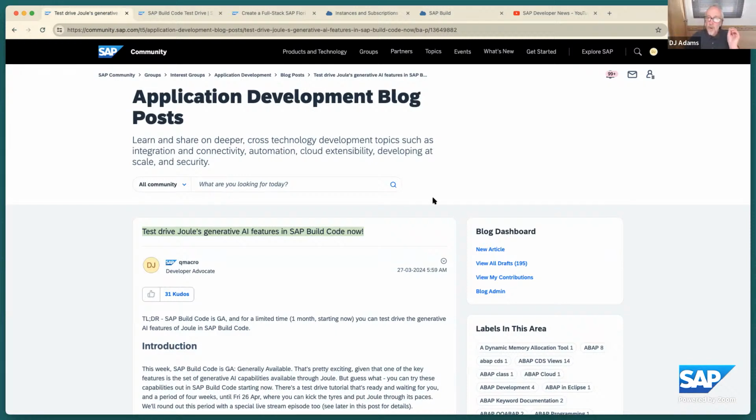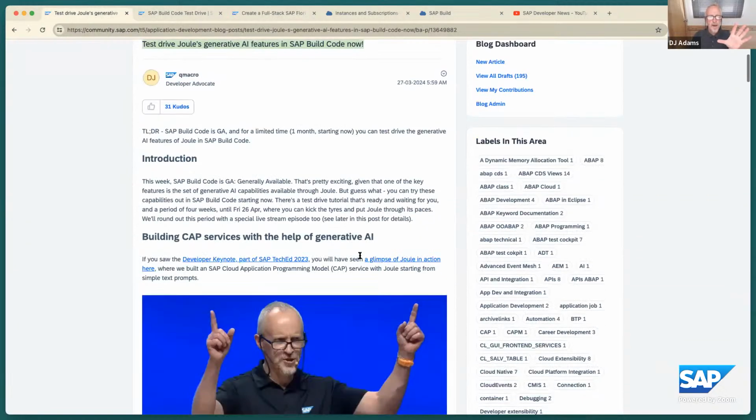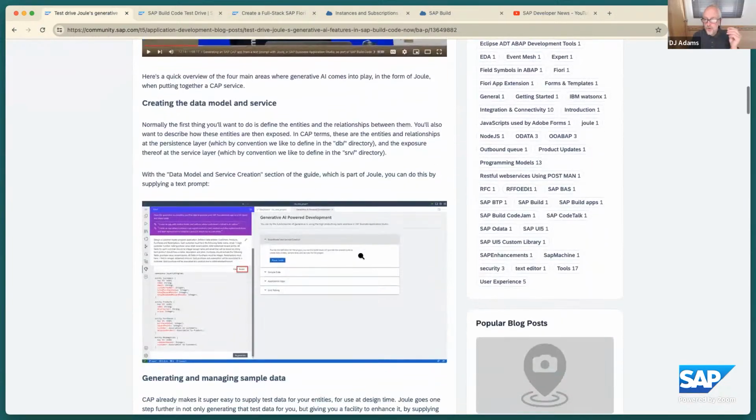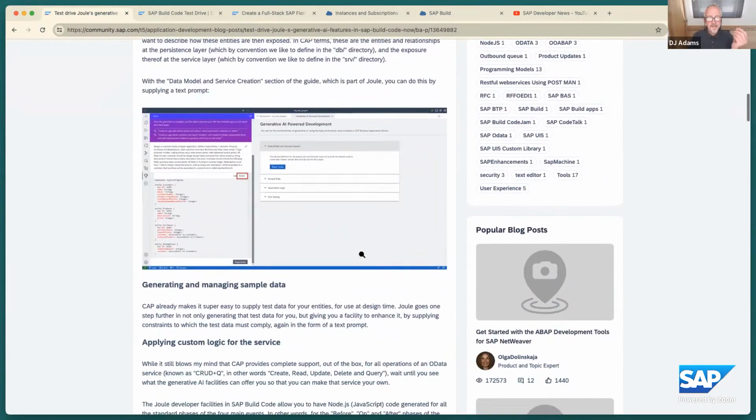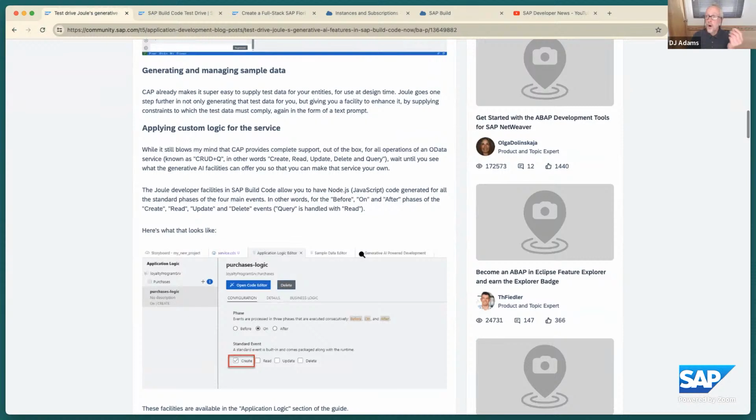Okay, so what is SAP Build Code? SAP Build Code is essentially based upon SAP Business Application Studio with a ton of features for developers, including these generative AI features. Build Code went GA about a month ago now. During this month, we've had this test drive to allow people like me and Tom, and people like you out there, to kick the tires of the generative AI facilities.